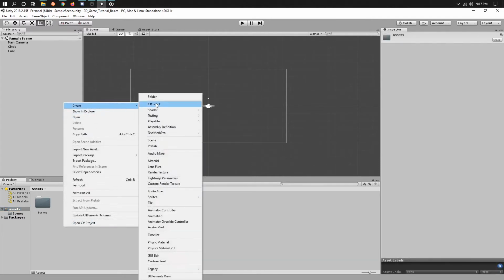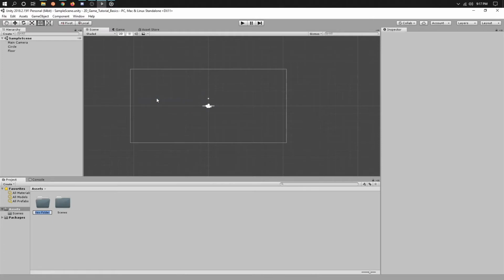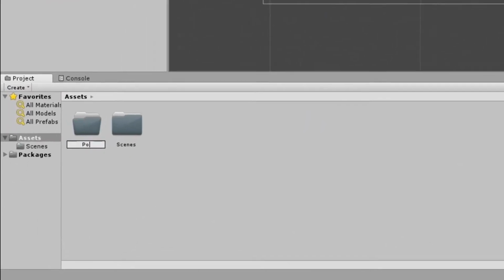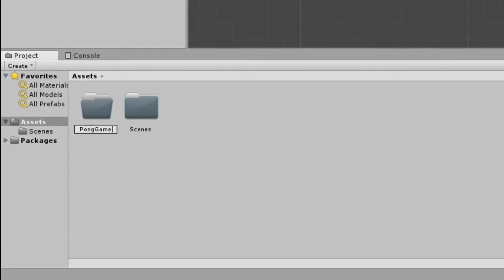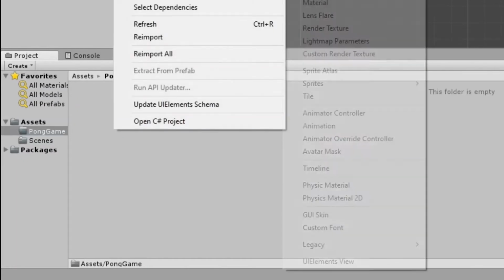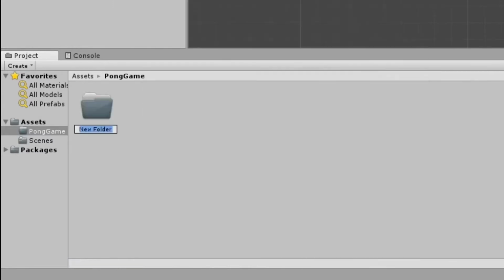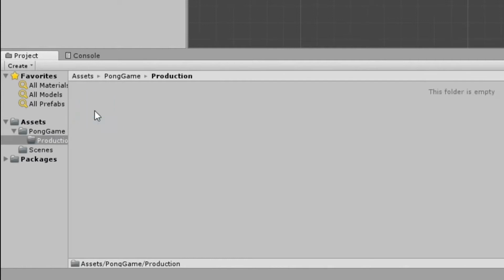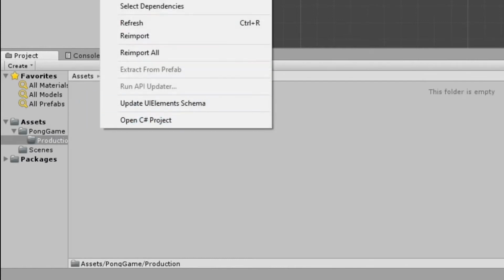My typical file structure is as follows. So we have an assets folder. Everything in this folder is going to be part of Unity in our project. So the first folder that I like to make is our project name. The second folder that I like to make is, depending on where I am in development, we either have a